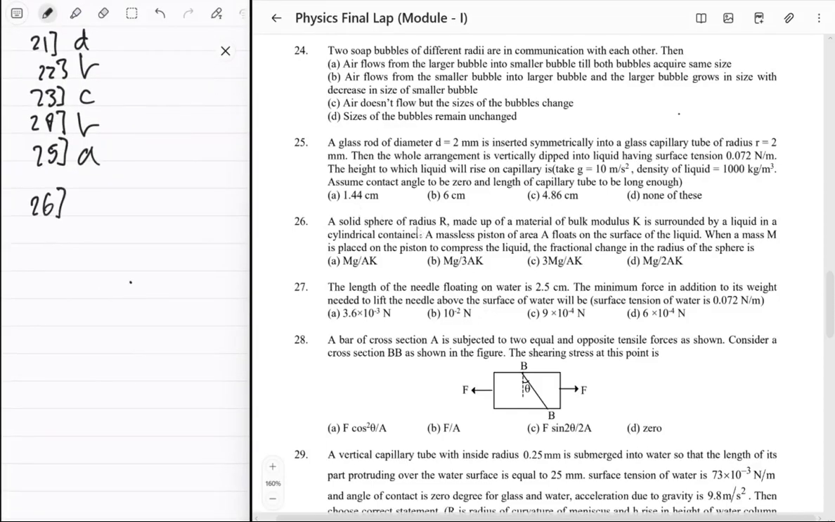26. A solid sphere of radius r made of material of bulk modulus k is surrounded by a liquid in a cylindrical container. A massless piston of area A floats on the surface of the liquid. When a mass m is placed on the piston to compress the liquid, the fractional change in the radius of the sphere is